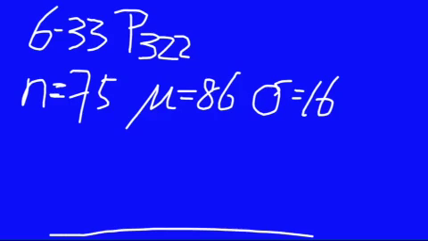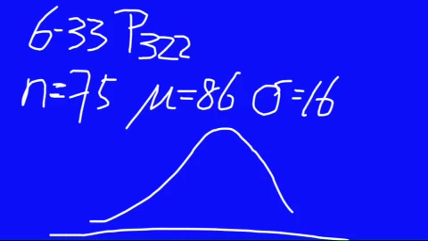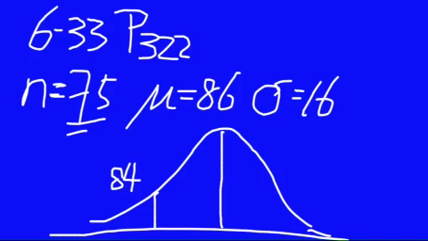And we want to know the probability that this 75 people's scores is lower than 84, while larger than 90. In the mean, it is 86. So we want to know this probability and this probability,